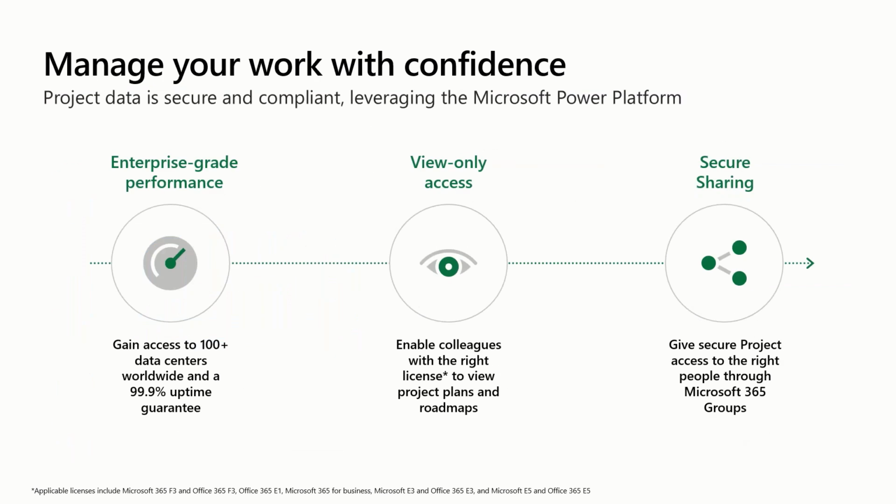Now, all of this that we're going to talk about today is delivered via the Microsoft Cloud. So in this day of privacy and security and compliance, all of this we're going to talk about today is leveraged in the Microsoft Cloud and with the Microsoft Power Platform. Anything that you take advantage of in here today, be assured that it is governed by enterprise-grade performance and guarantees